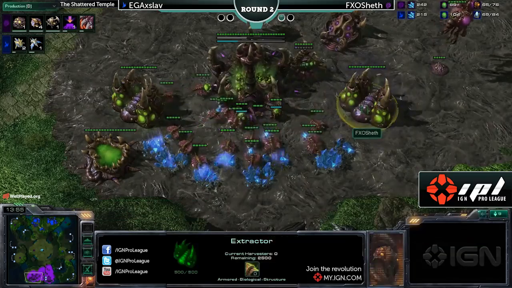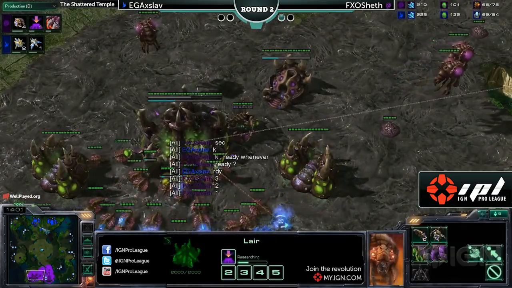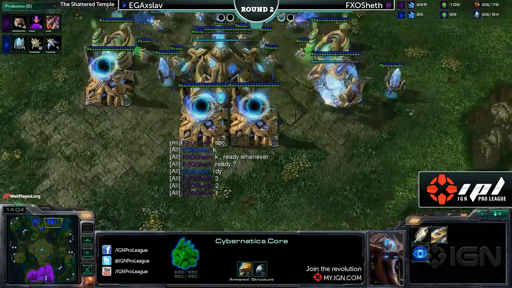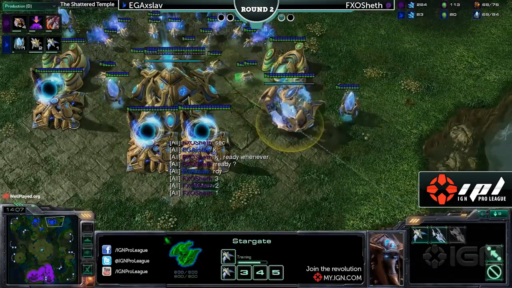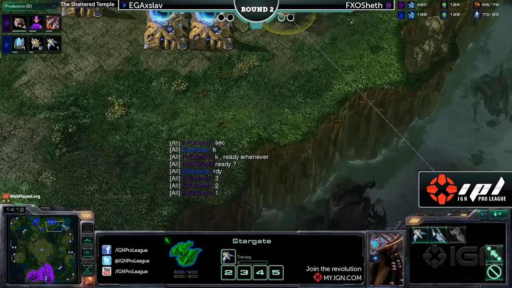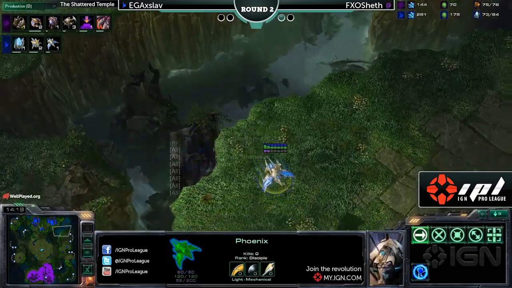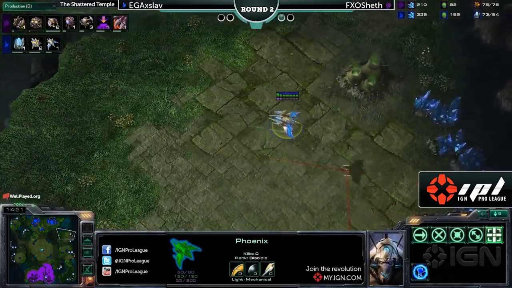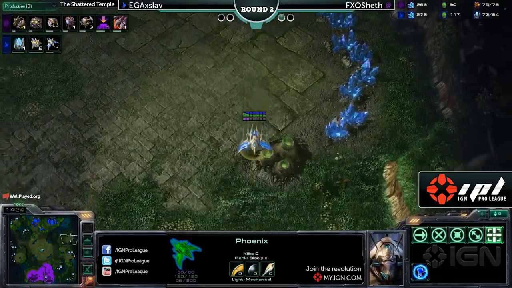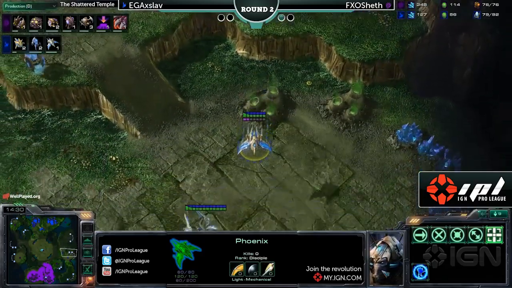So we're going to have another gas going up, though. That means Sheth is going to be preparing for Lair Tech. Meanwhile, what is coming out of that Stargate? Looks like some Phoenixes. Do we have a first Phoenix out quite yet? Doesn't look like it. There's the first one out right there. So this Phoenix, of course, will be able to do a lot of damage to the Overlords. He can check for expansions. Great scouting. Also very good in number versus Roach armies, since, of course, they cannot...